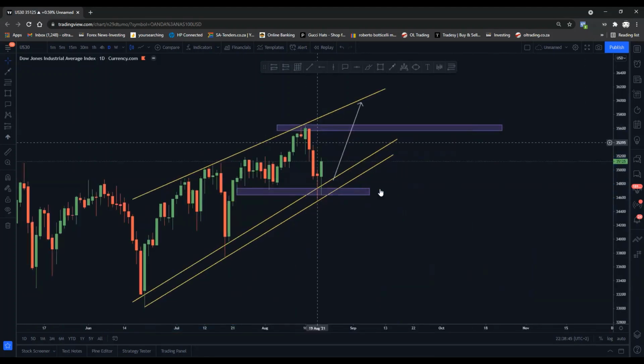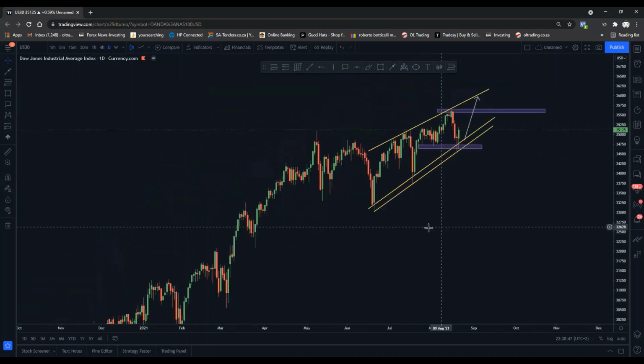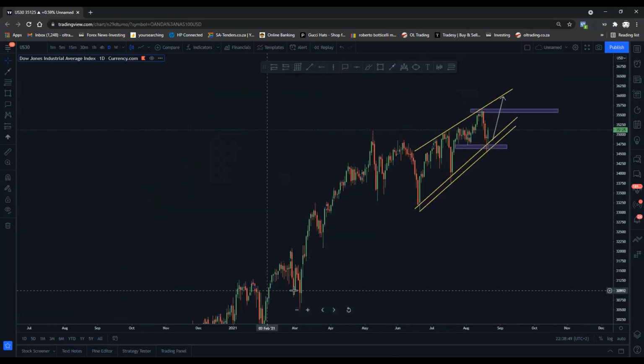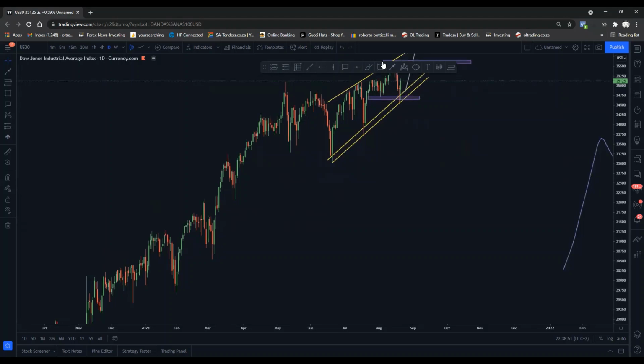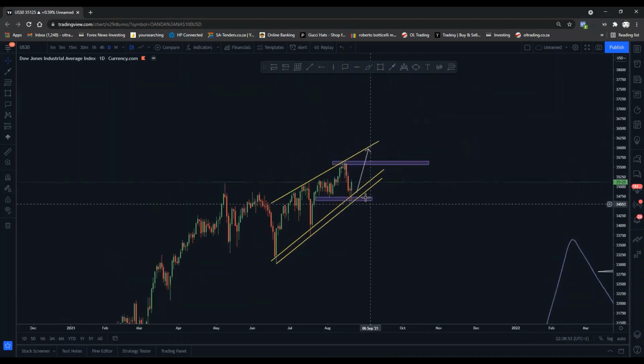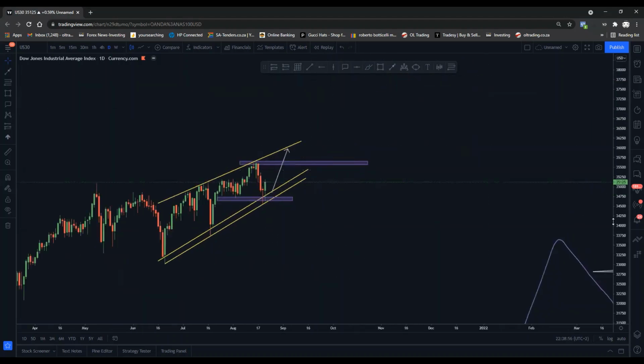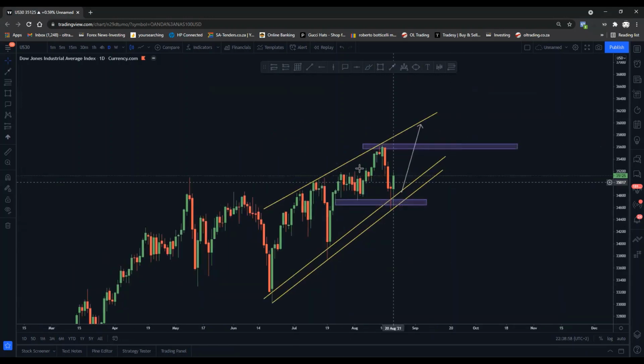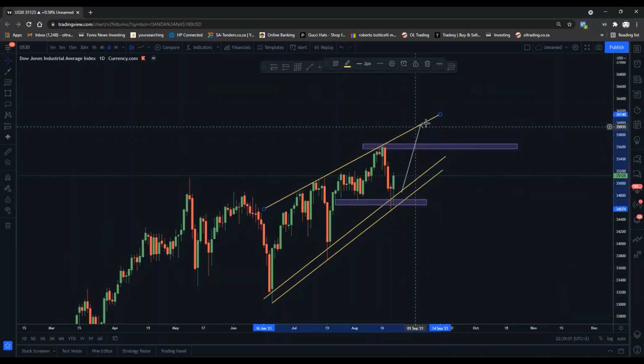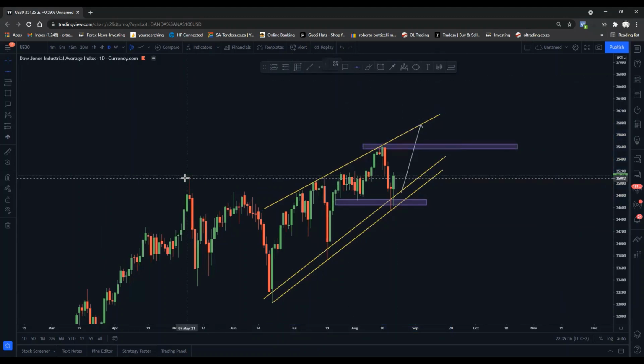Okay, you can see. So basically what I'm saying, you don't need to be drawing your lines at the bottom here because we are at the top. So we focus on what is currently happening. Okay, you see we're having 1, 2, 3. So here it will be the fourth touch and creating a new high. As much as it happened here, you see at this level,